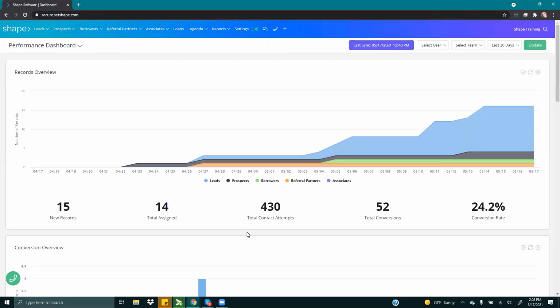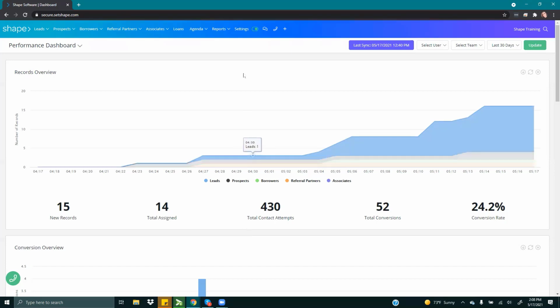Your Shape software comes with holidays already pre-built for you, as well as triggers set up so that when those holidays roll around, your clients can receive emails. To manage your holidays, you'll want to navigate to your settings,